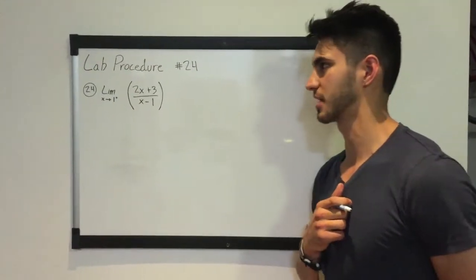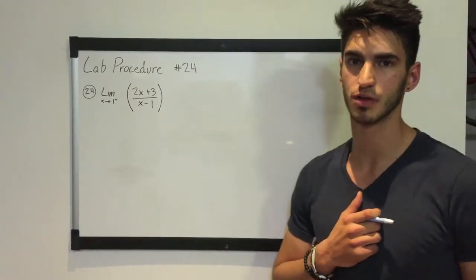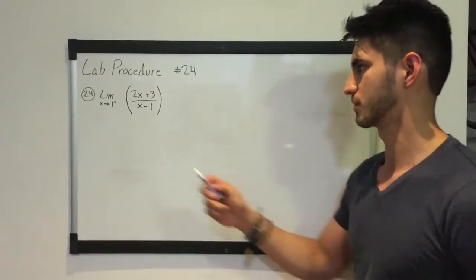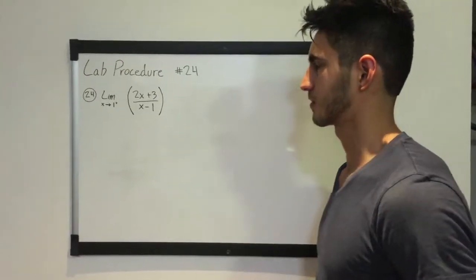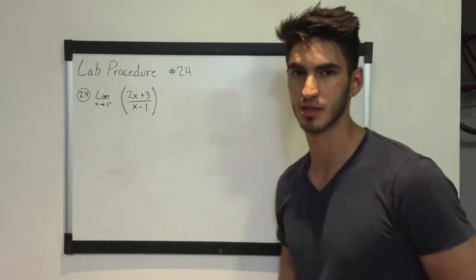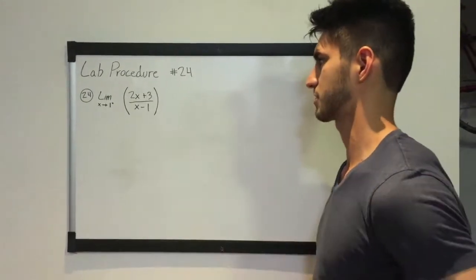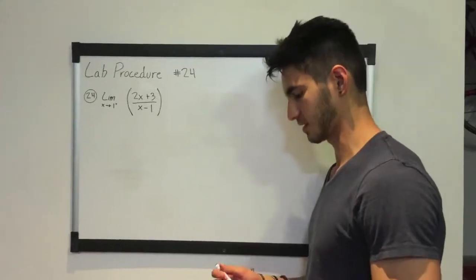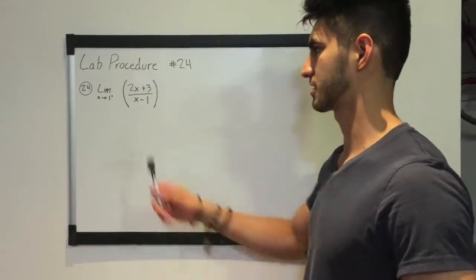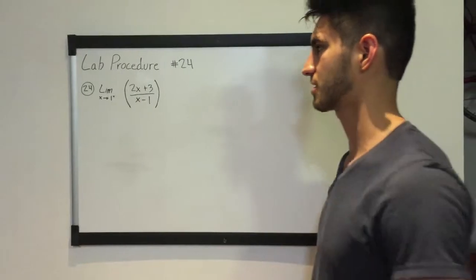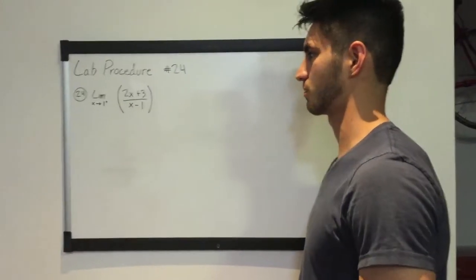We're gonna start this by analyzing problem number 24 from lab procedure. So it's this one. We're gonna be evaluating for the limit when x tends to 1 from the positive side for this expression. So the first thing we've got to recognize here is that we're evaluating for the positive side. This meaning that we could